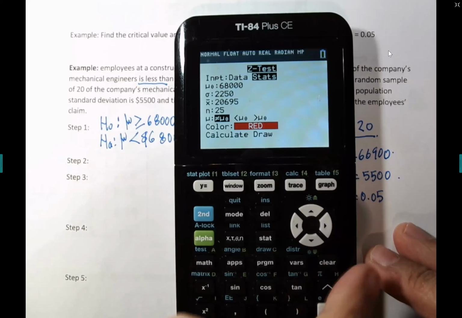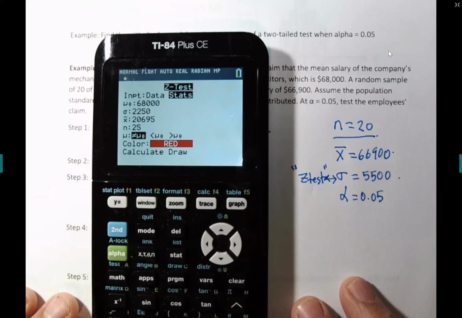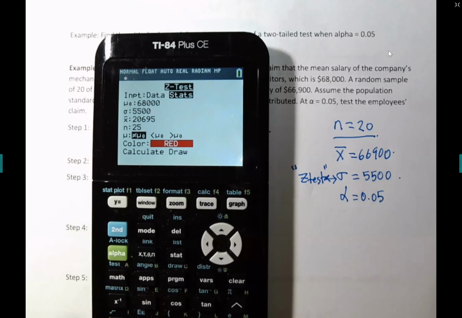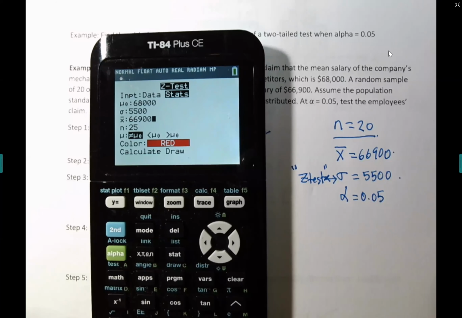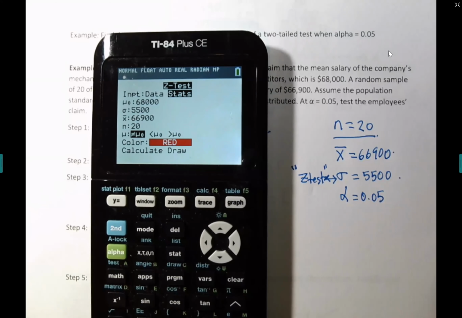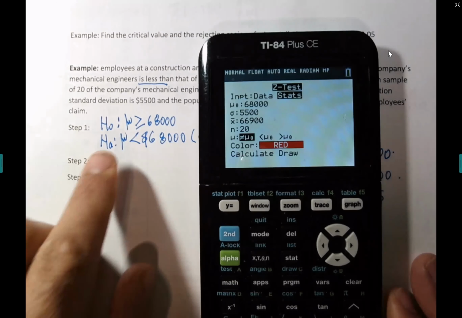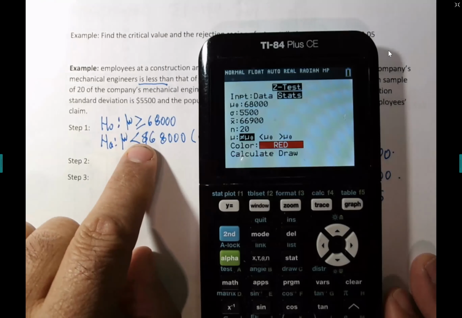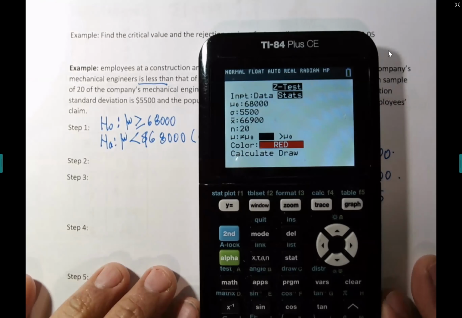And then I'll go to the other side. Okay. Sigma is 5,500. X bar is 66,900. N is 20. And now we have to choose the sign from the alternative hypothesis. You guys, you can see it's less than. So you choose less than, and then